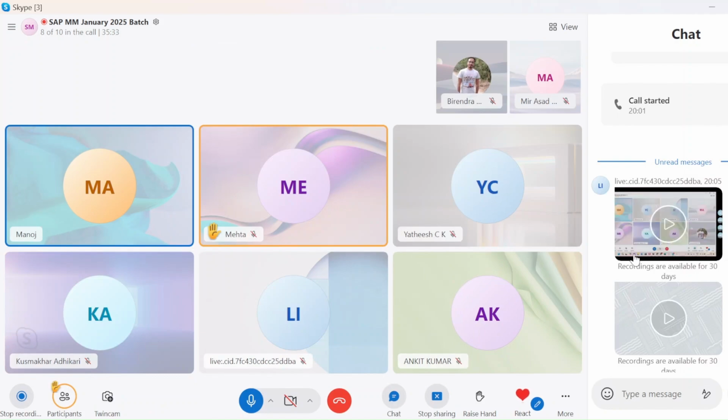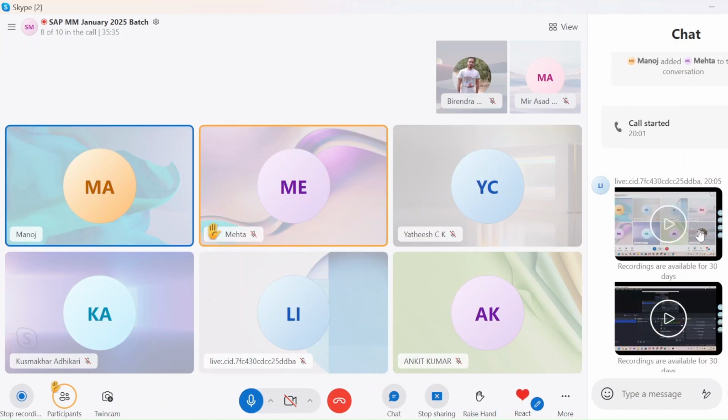Otherwise, what happens is, recording videos are there, lectures are there, and if I send them to WhatsApp, then you have to go to different platforms. So better, I will send each and every note and everything here only. So you can download all the notes, each and every assignment, whatever assignments I give after every class, you need to send here itself in Skype.